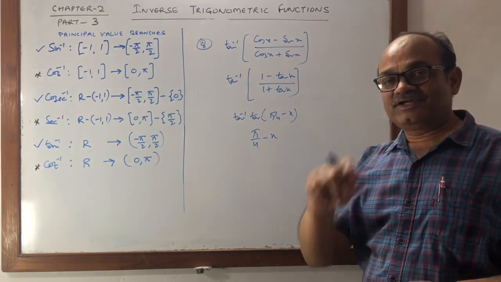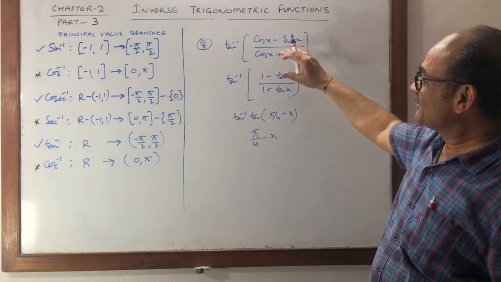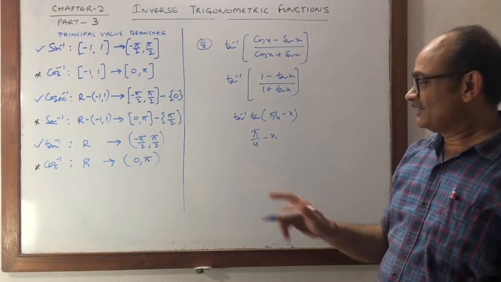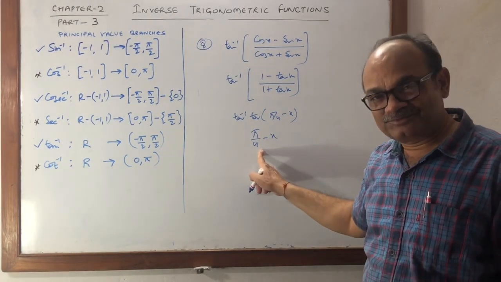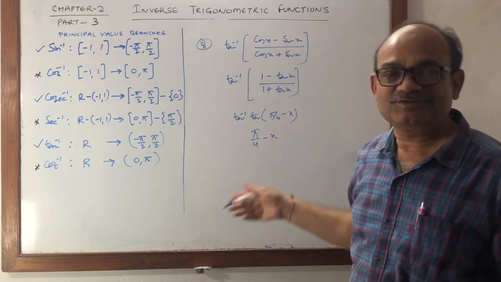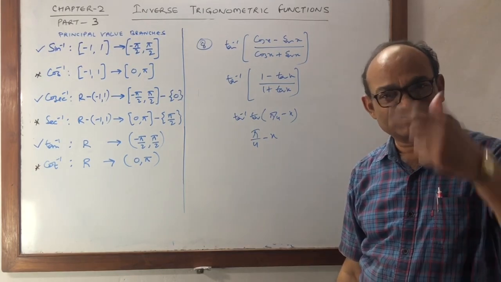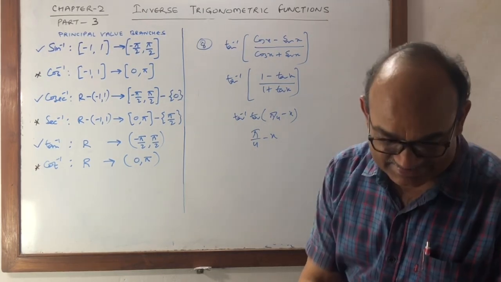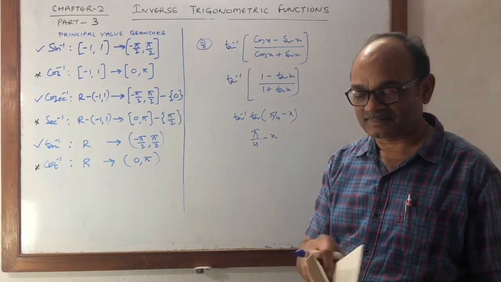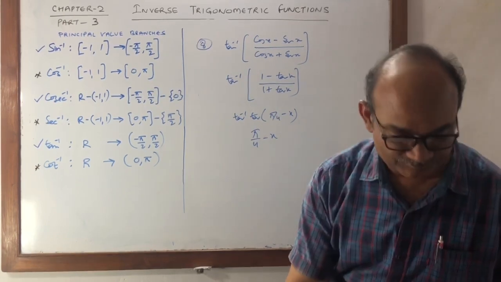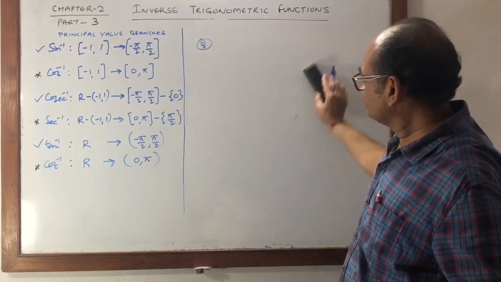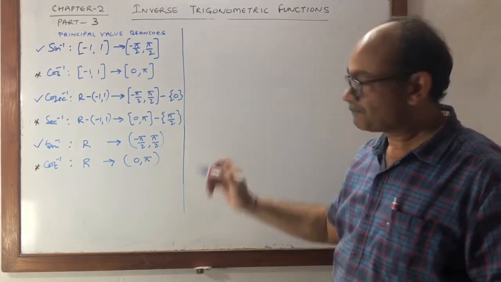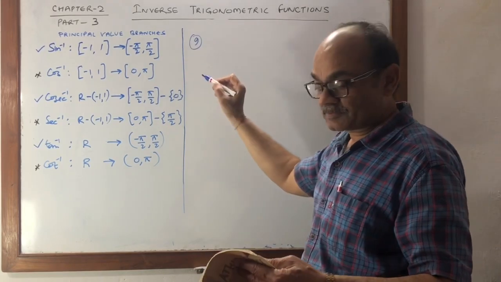Again, if the same question is in derivative, find the derivative of this one. After this last step, derivative of pi by 4, a constant, is 0, and derivative of minus x is minus 1. One step extra. Next sum. Ninth sum. Tan inverse